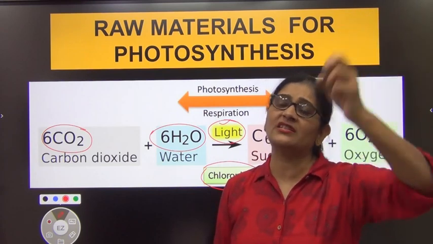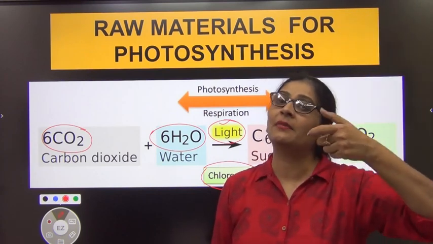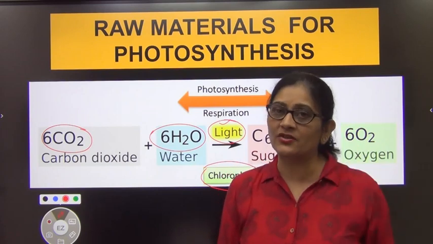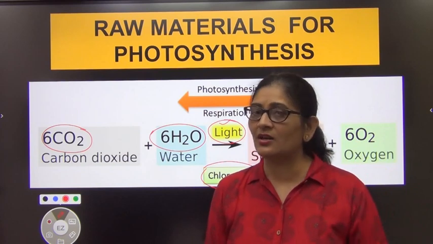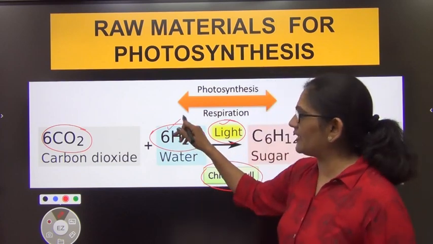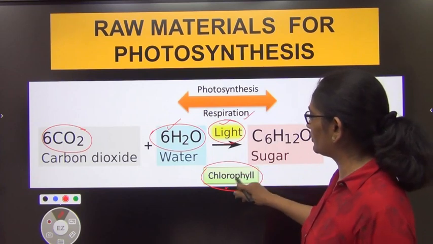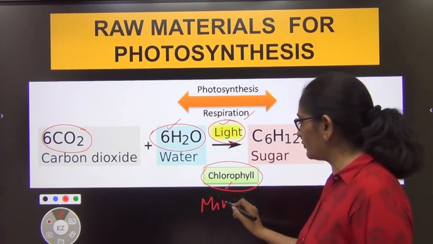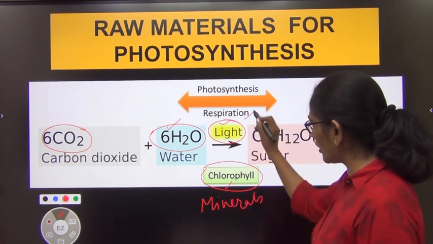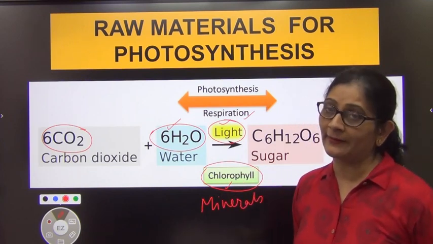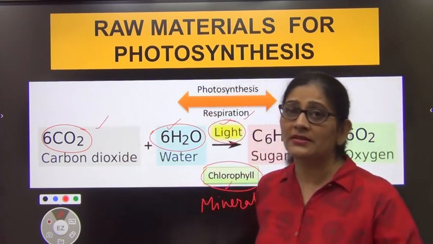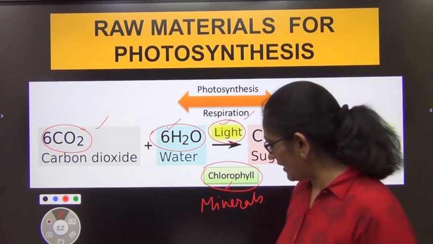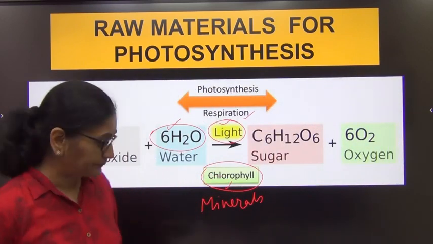There is a lot of CO2 in the air, I will just take it. But to take it, I need some aperture. Why? Because my epidermis is covered by a waxy cuticle. So I need some apertures, called stomata. So I'll now teach you stomata. Water, we take from the soil. Sunlight is abundant. Chlorophyll, we have already discussed. Besides this, another thing that is required for photosynthesis is minerals, which we normally do not write in the equation, but it is required. So, more than carbon dioxide, the structure of stomata and the role of minerals. These 2 things are left, after which the chapter will come to an end.